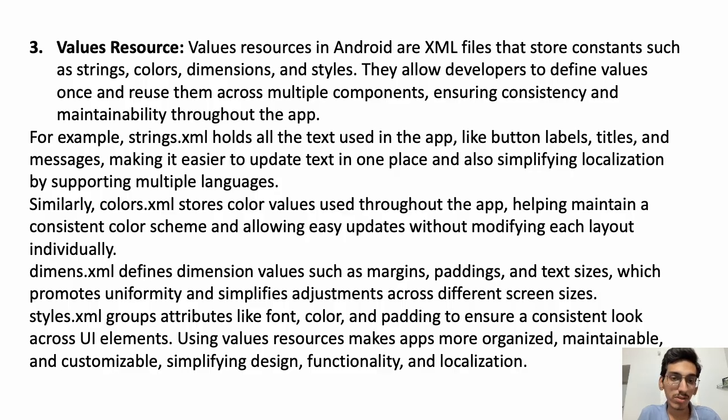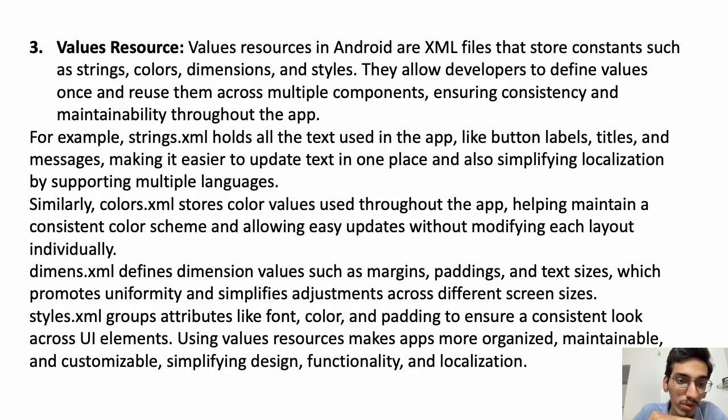They allow developers to define values once and reuse them across multiple components, ensuring consistency and maintainability throughout the app. For example, strings.xml holds all the text used in the app, like button labels, titles, and messages, making it easier to update text in one place and also simplifying localization by supporting multiple languages. Similarly, colors.xml stores values used throughout the app, helping maintain a consistent color scheme and allowing easy updates without modifying